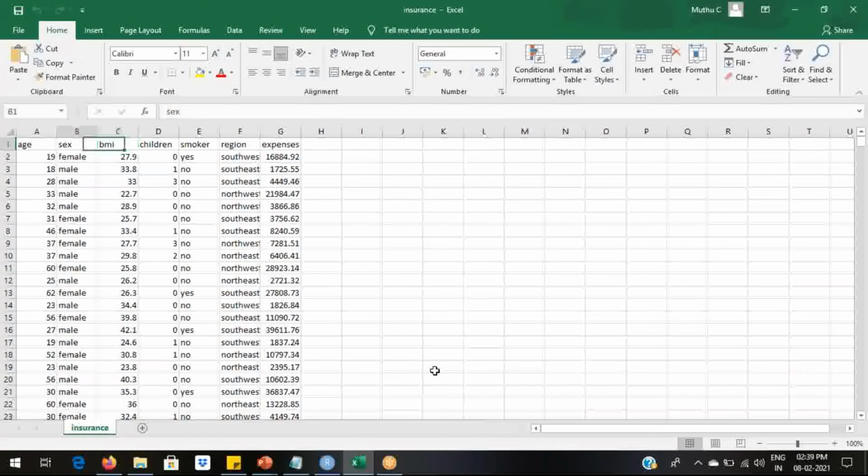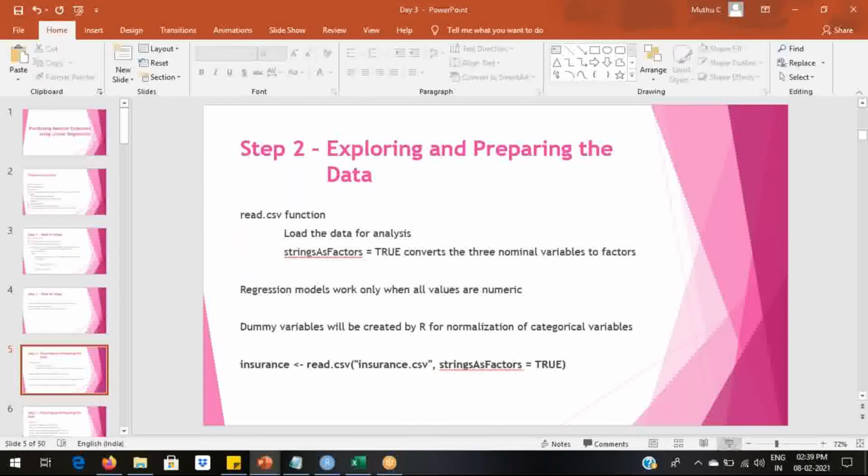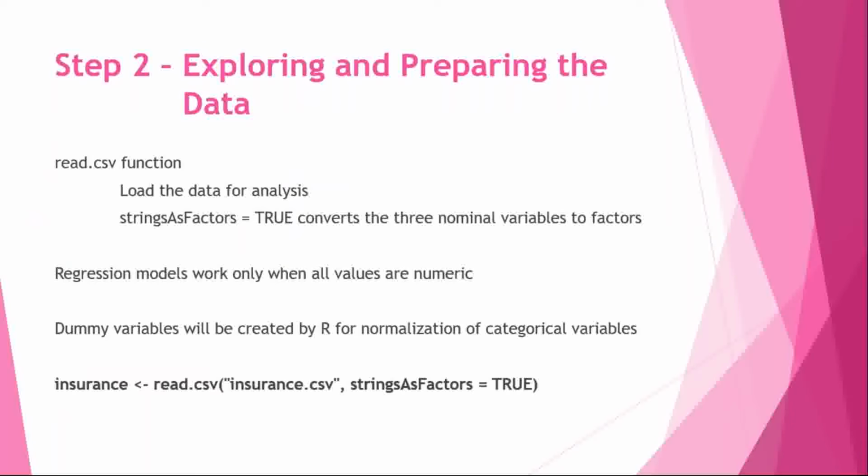We know that if it's sex, then male and female are nominal categorical variables. But how will the algorithm know? So for it to understand it, we are using the command strings as factors. So strings male and female will be converted into factors.